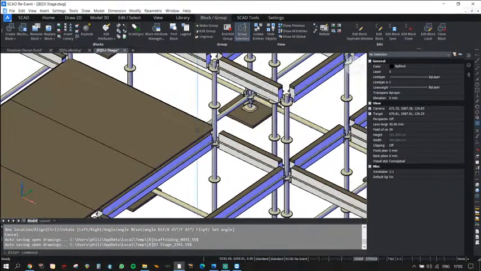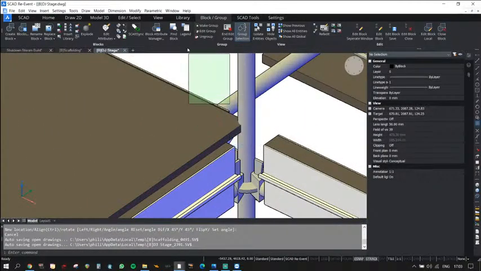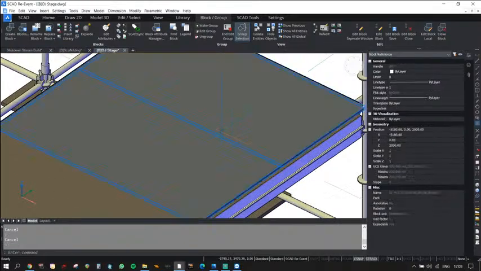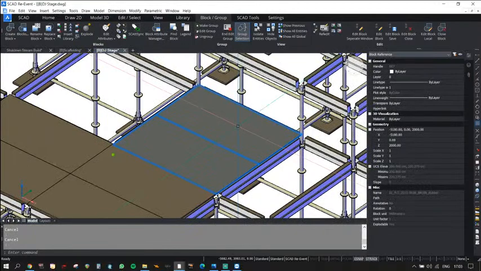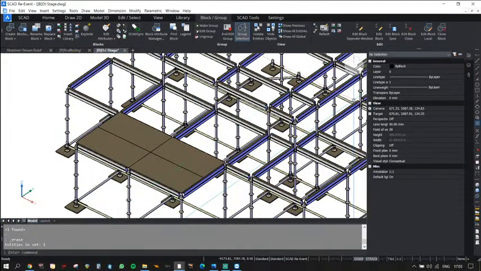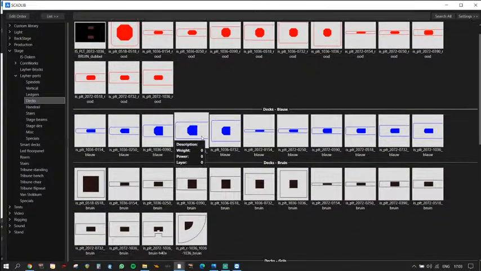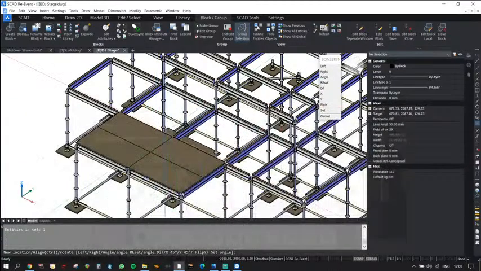If I place it now, as you can see over here, it is going inside of the vertical. So we're gonna take that out, and we're going to place or select that one, brown one,